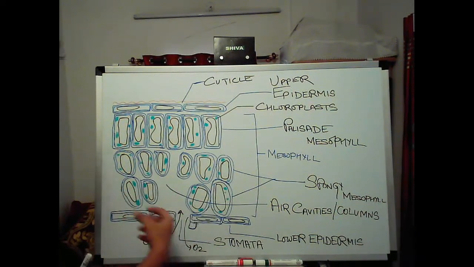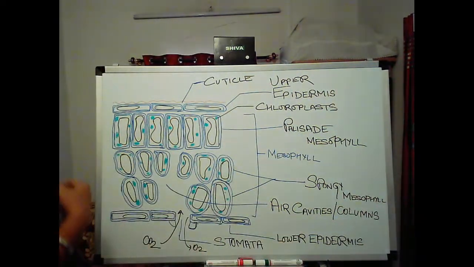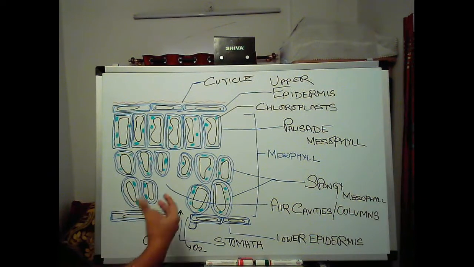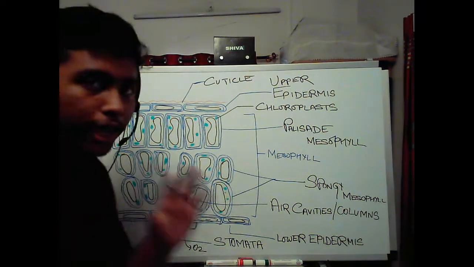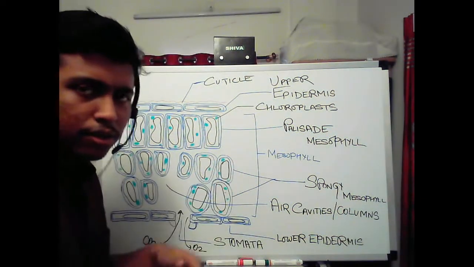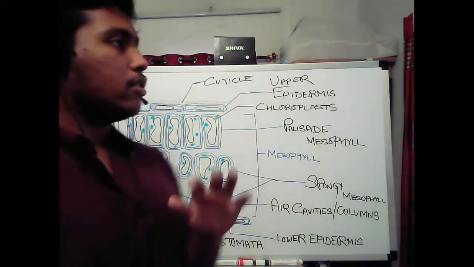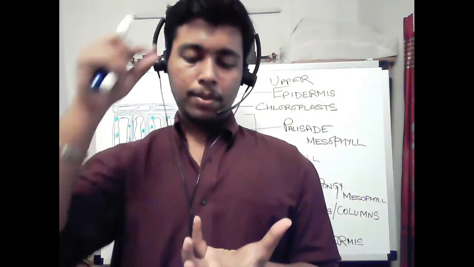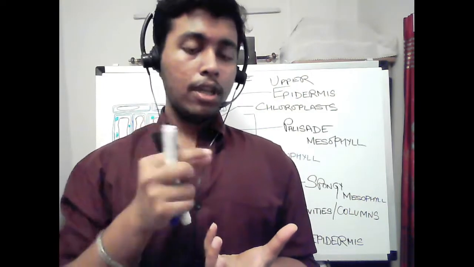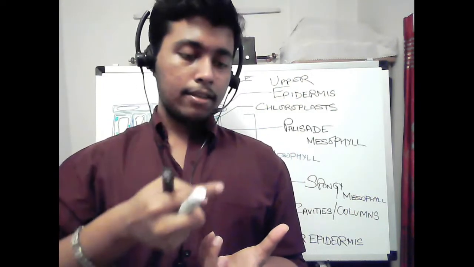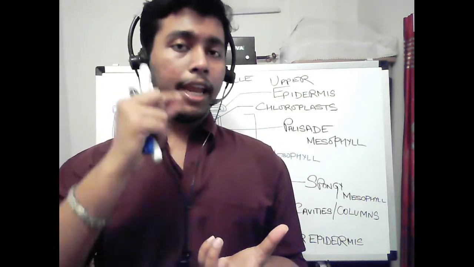How do they take in carbon dioxide? They diffuse carbon dioxide into them. How do they do it? They just suck it in. We have all drunk Frooti in our childhood. What did we do? We took the pack, pierced the straw, and we just sucked it out. That sucking out of the air from the straw